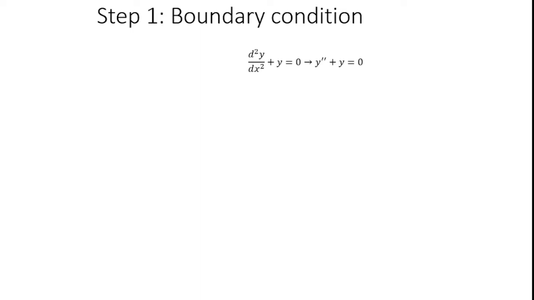Why do I use a double dash? Because this is a second order differential equation, so I can use y double dash as the notation in that equation. So y double dash plus y equal to 0 is the problem. Then the subsidiary conditions. Subsidiary conditions mean all the constraints the main objective function has. Likewise, we should first analyze our available problem.